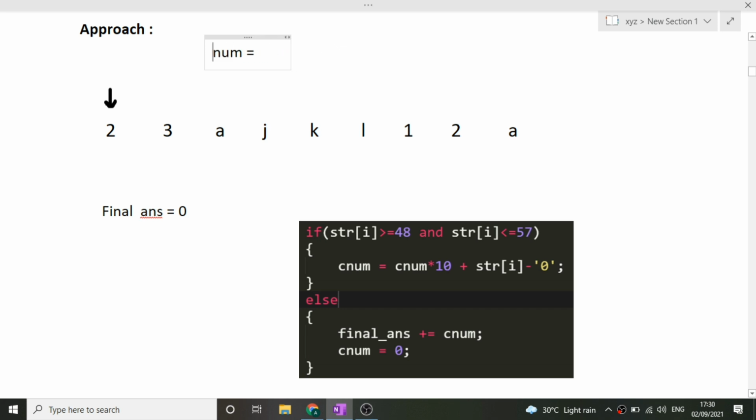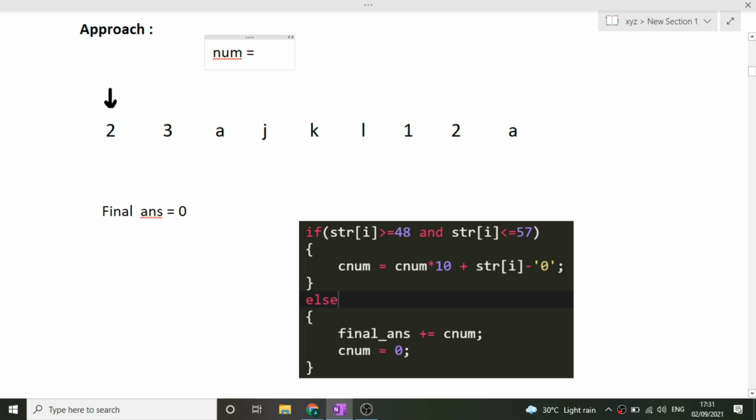Now we will take two variables. One variable will be named num, and this num will be storing the current number formed so far. Like here it will be 23. Next time when we go, it will be 12. So these 23 and 12 need to be stored in a particular variable, so that's why we will be taking this num variable.